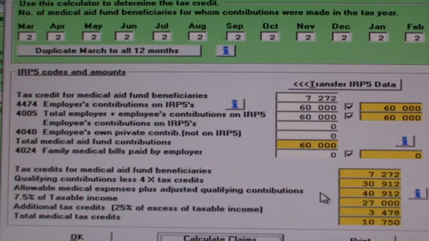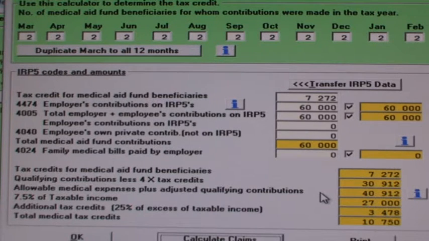The formula is the same for all the not yet 65 taxpayers in our examples. The only thing different in the formulas is the taxable income, which changes according to the amount of contributions paid by the employer. The difference in taxable incomes in our examples is the reason why the tax credits are different